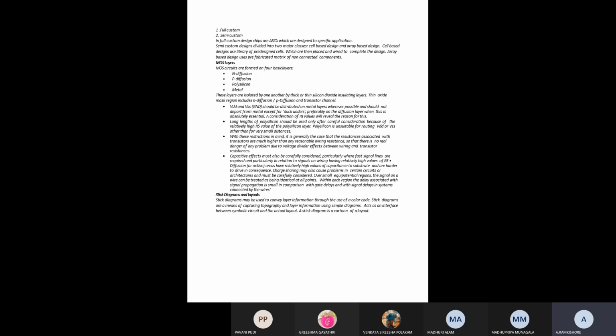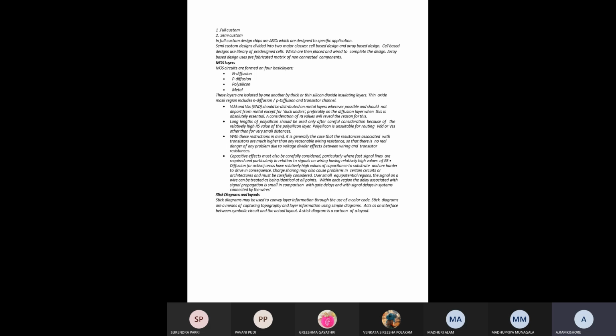In case your design has both combinational and sequential logic operations, that means the design may have adders, multipliers, some registers and some ALUs, at that time we have to go for the semi-custom design process.